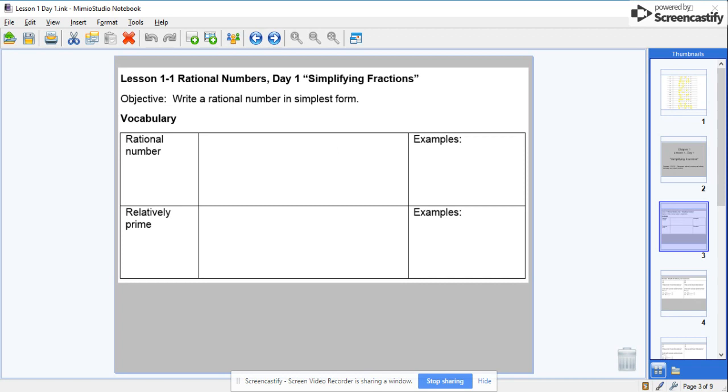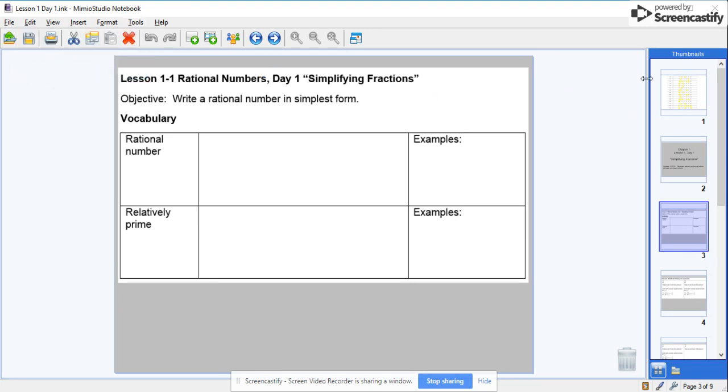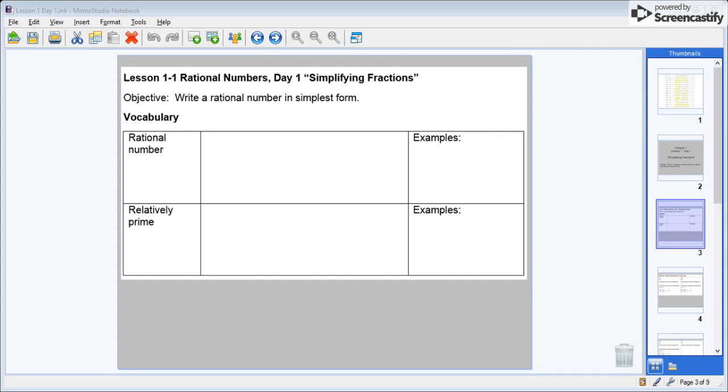So the first thing we need to do is understand what is a rational number, and then also what numbers are relatively prime. So a couple things I want you to notice here is a rational number is when you have any number that can be written as a fraction. So any possible number that can be written as a fraction is going to be considered a rational number. So on your note sheet, let's go ahead and write in any number that can be written